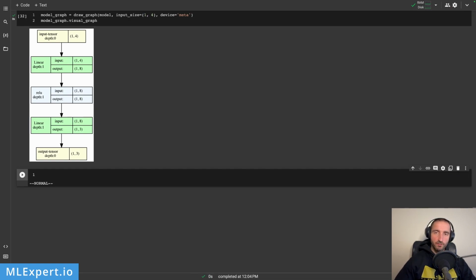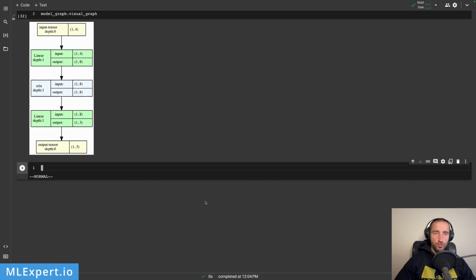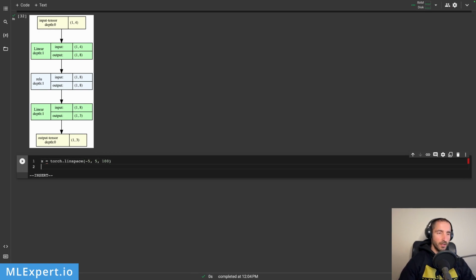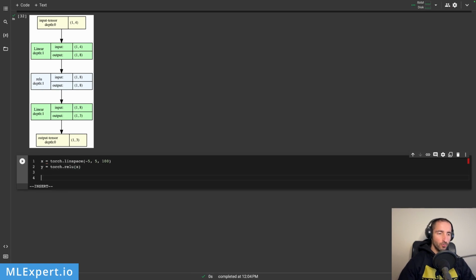ReLU is short for Rectified Linear Unit, and in this case I'm going to start by showing you what a linear function is and compare that to a ReLU. To do that, I'm going to use torch.linspace, which is going to create a linear space between -5 and 5, with 100 points between them, and then I'm going to apply torch.relu over this, and I'm going to plot this